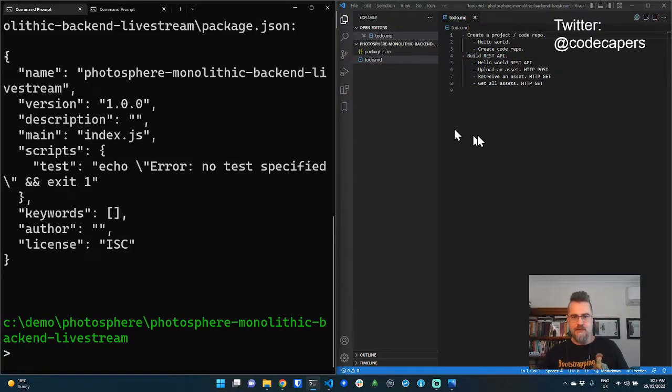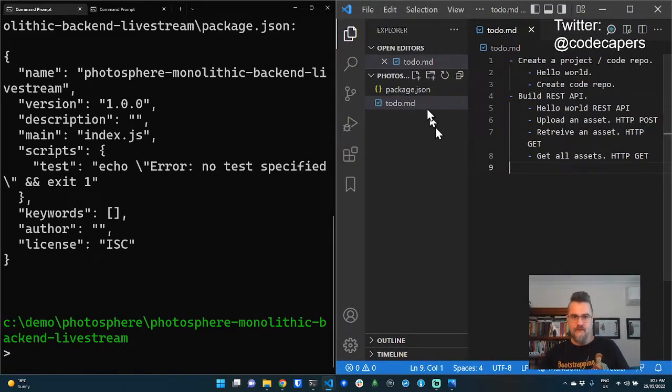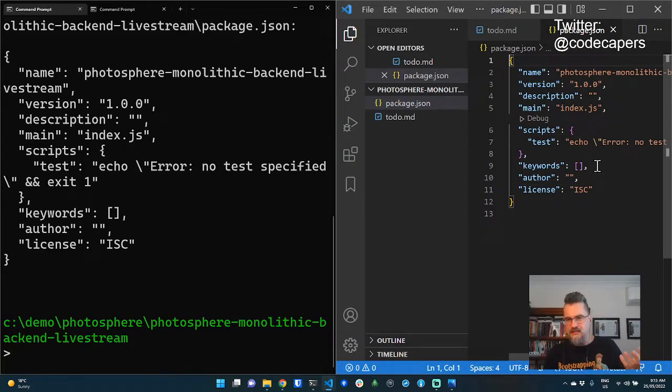So that shows you the package.json file that it's generated. You can see that it's appeared over here. In fact, I better zoom this in. Probably can't see that. So you can see here, anyway, my project in Visual Studio Code, I've got a package.json file now. It's just an empty package file. There's nothing interesting in here yet. I'll just change the license to MIT because that's how I usually release my code.